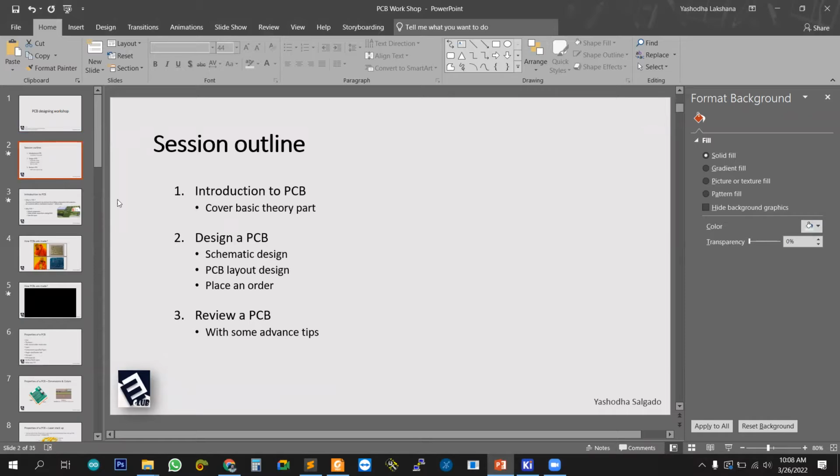I divide our session into mainly three parts. First one is introduction to PCB. Here we discuss basic theory part about PCB settings and what are the available techniques. Likewise, then we will design a sample PCB. Under the topic, we will discuss schematic designing and PCB layout designing, and how to export fabrication files